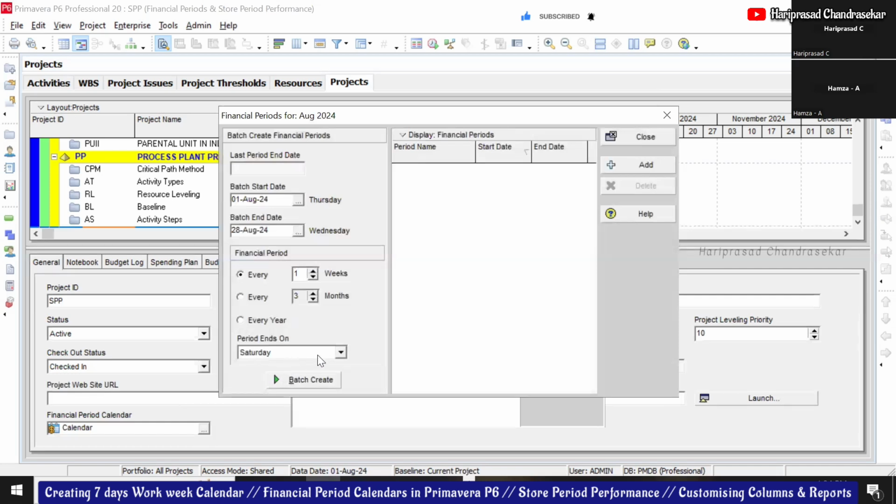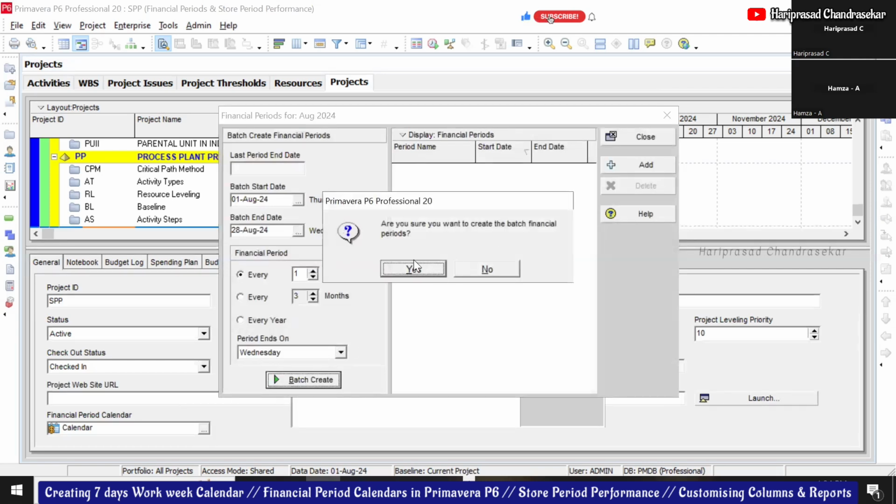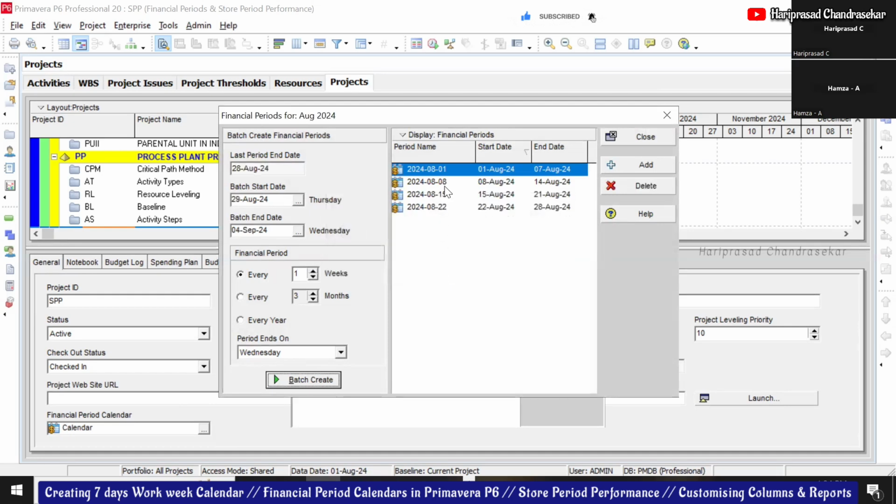The period ends on Wednesday, and batch create. So it will automatically create four financial periods: 1 to 7, 8 to 14, 15 to 21, 22 to 28. Then close it.